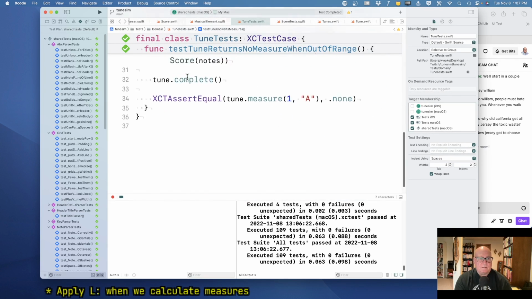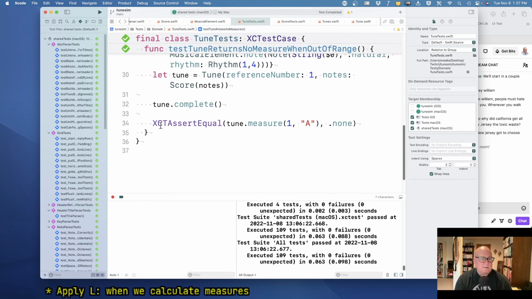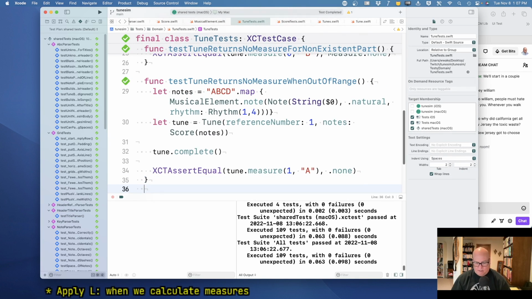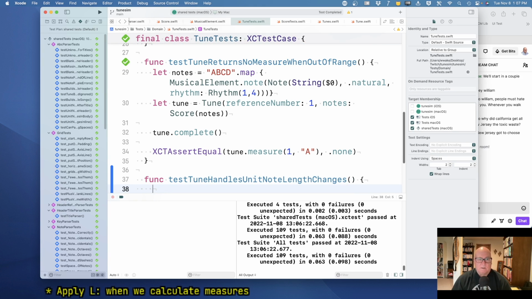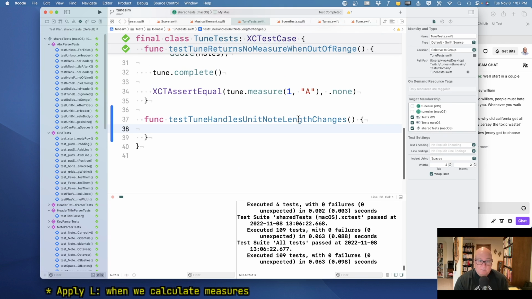Defaults to an A part, knows its measures. Okay, so this is more about the measures. I think what we need is a test that's like tune handles unit note length changes. Okay, and we need to create the score that's going to do that, and that's going to adjust the rhythms. Right now there's no rhythm adjustment. If we said it was a quarter note, it is a quarter note, but really that should be relative to something else. So we need to make sure it works, and it won't because we don't